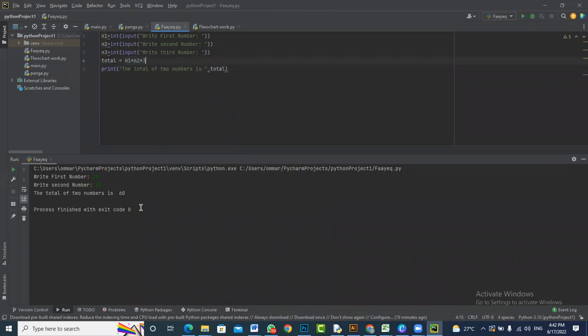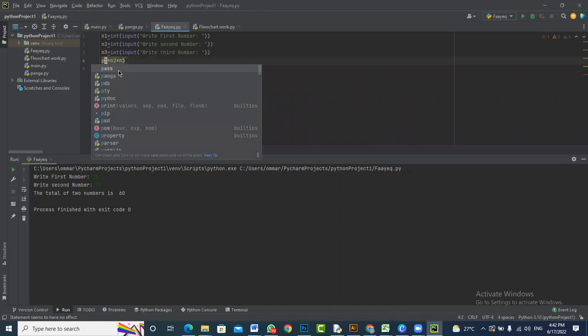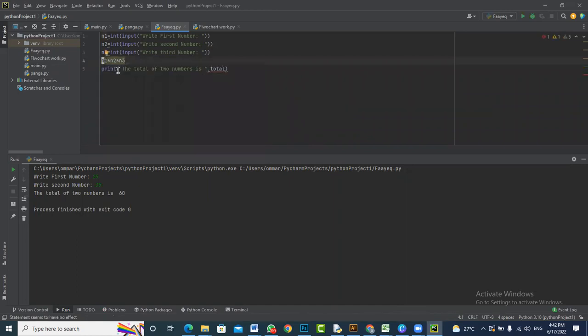Now let's say that if I write it something like that and name it as product. Product is basically the multiplication. And I will say the product of three numbers is